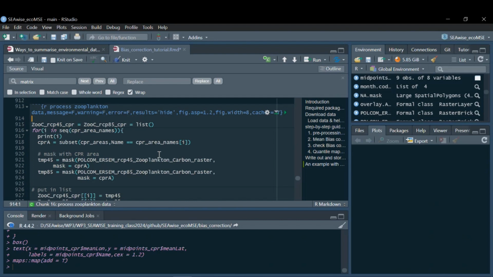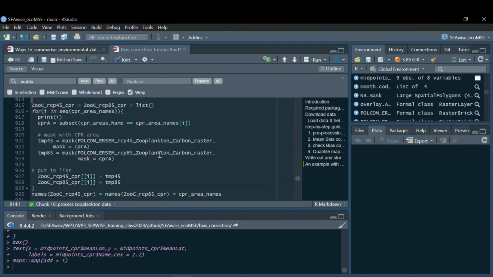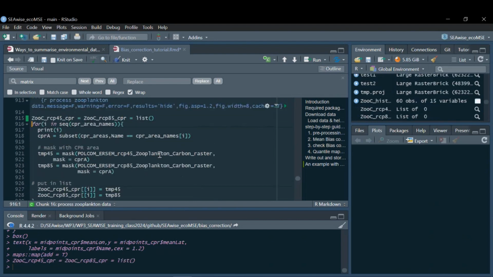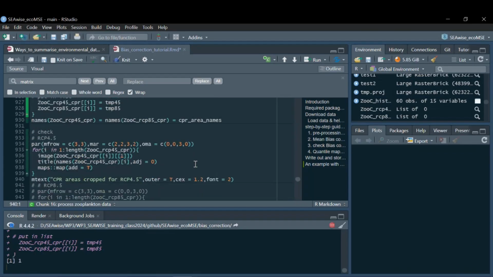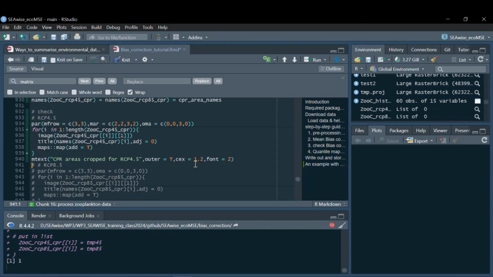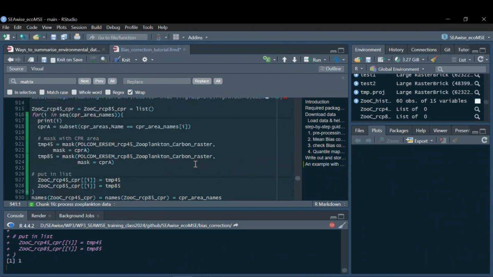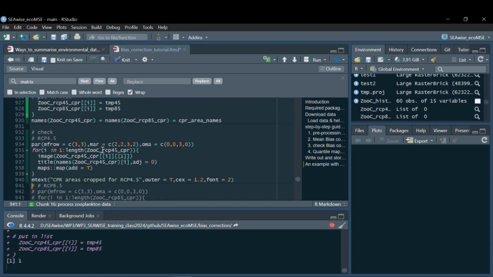And yeah, here I just got again some data, how it will look when I crop. Here I do the cropping of the Polcoms RCP 4.5 and 8.5 with the CPR standard area. So I get